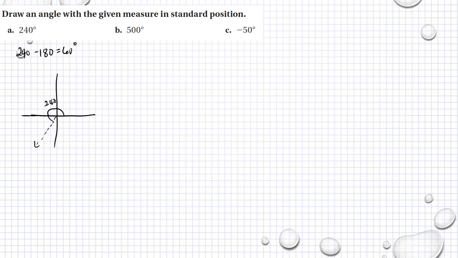Okay, 500, it is more than 360. So if I have 500 degrees, sorry, I forgot to put degrees there, minus 360, then I have 140 degrees. And 140 degrees is in second quadrant. So if I have 90 plus 50, that's 140. So 50. This is, I hope, not exact, but as you can see how it is. It is an obtuse